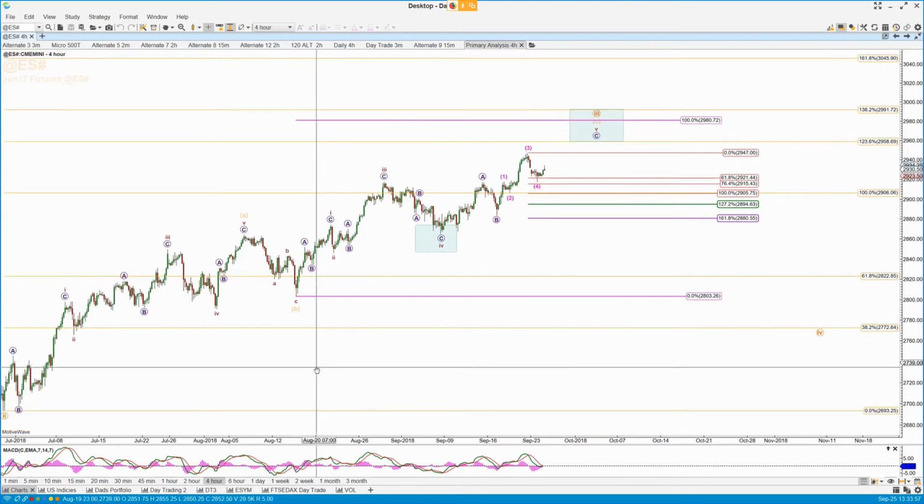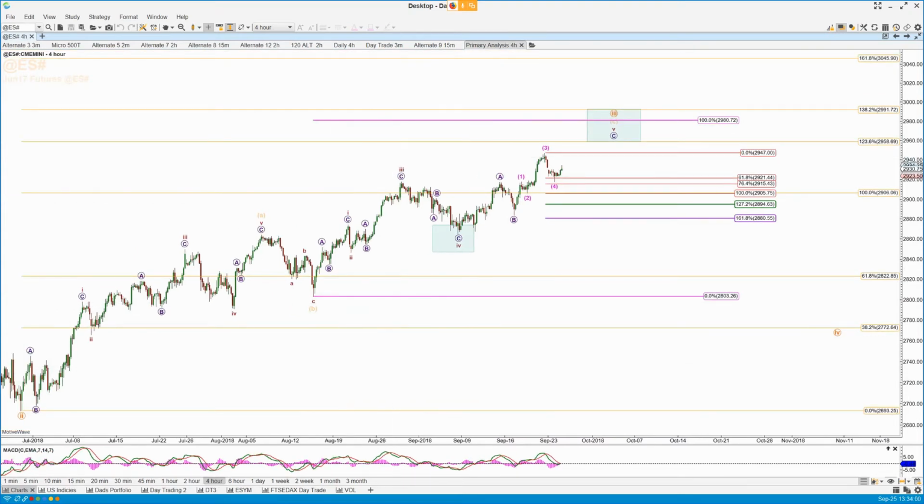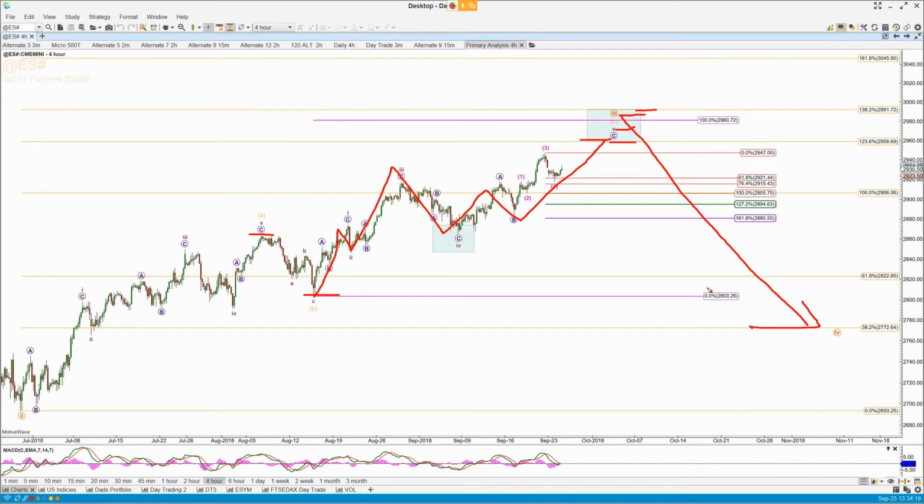The other alternative is this horrible, and I mean horrible, diagonal, in which case we've got an A, B, then a 1 2 3 4, A, B, and we're in the C of 5 of 3, and that projects to 29.58 to 29.91, and then we're going to get a much deeper pullback. Okay, so that 28.80 area, and then 29.05, 28.80 are very important levels to distinguish between the